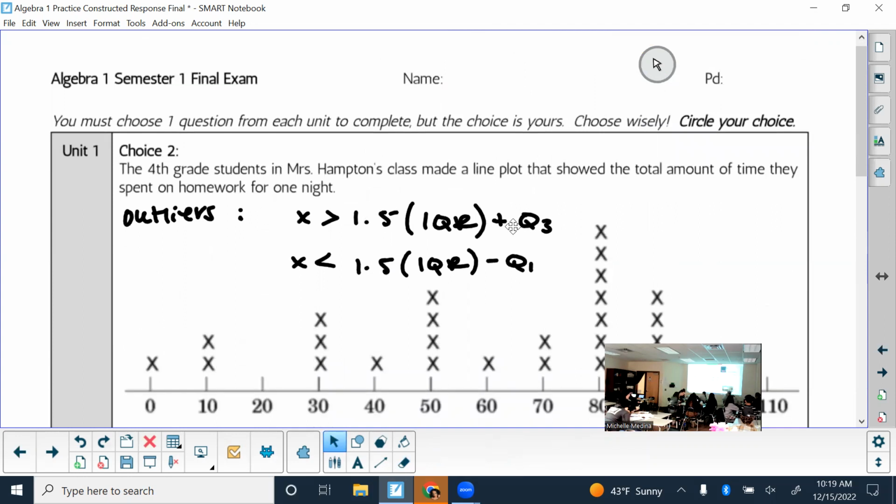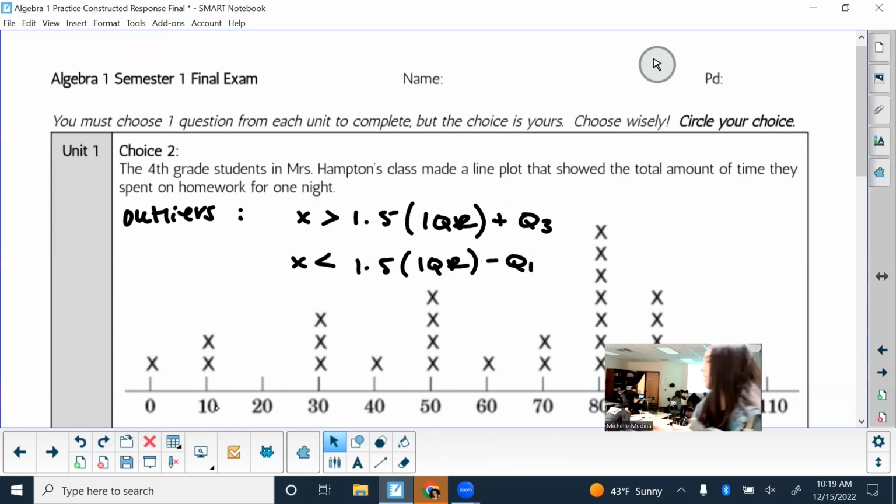And here it is. This option is not on your paper, but like I mentioned before, just some people don't listen. Because I say it and then they're like, "This is not on our paper." I'm like, "Yeah, I know. I've said it many times." This is not on your paper. It's only on the file that is in Schoology if you want to look at what all the possible options will look like. But for outliers,